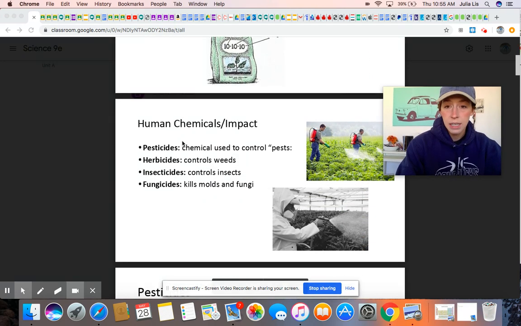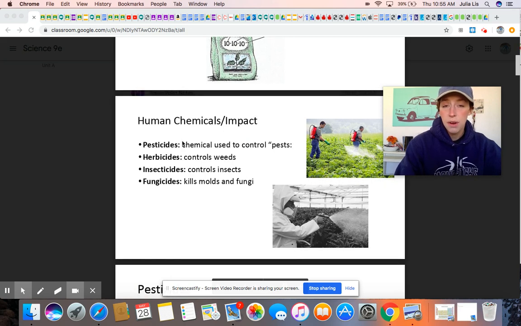But continuing with human impact, some other things: we can add fertilizers, which are chemicals, to our crop in order to help it grow. But we can also add what we call pesticides. And so when we're growing crops, we're often concerned with making sure that they grow and develop. And there are lots of different organisms. So there can be other plants that might be affecting their growth, or there can be insects that are eating them, or there's molds and funguses that are also